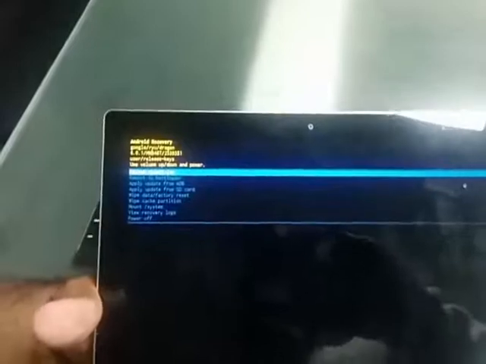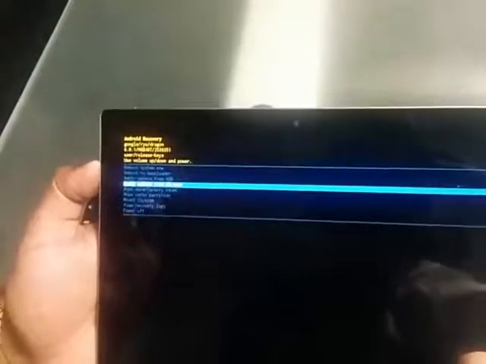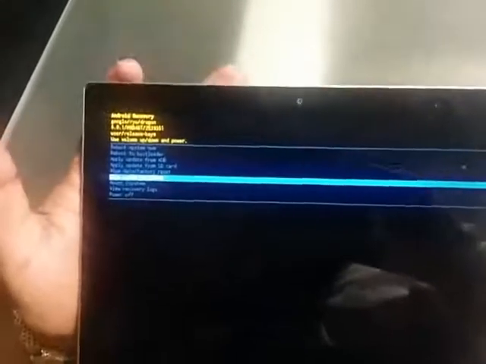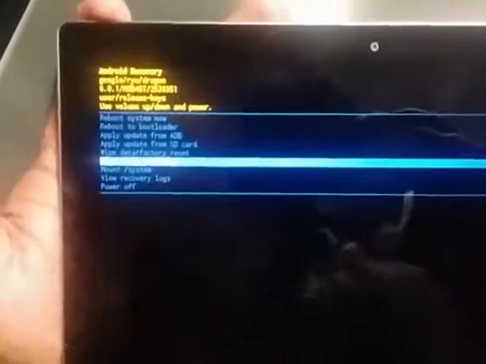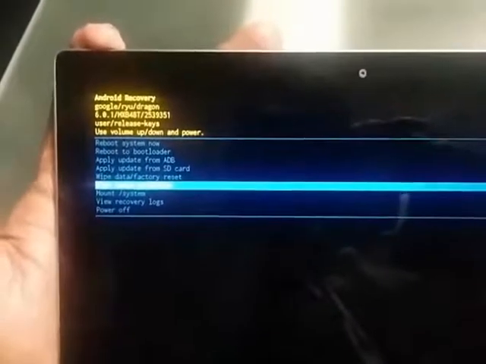You will see reboot system, wipe data factory reset, and wipe cache partition. I am choosing wipe cache partition.